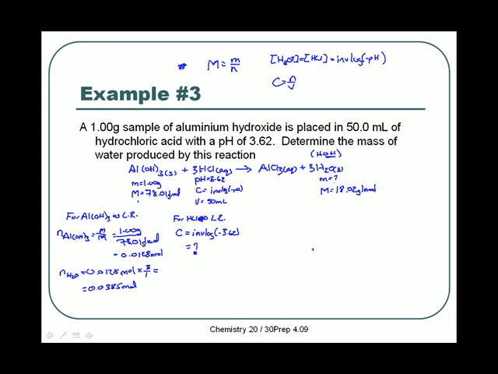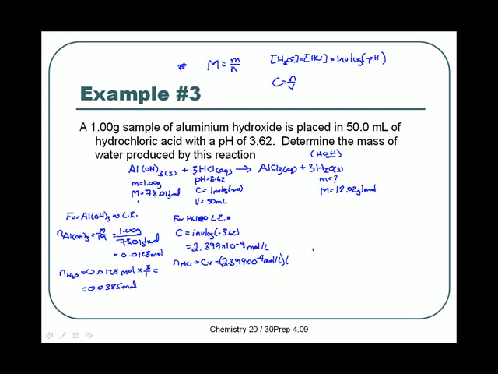So we get a concentration of 2.399 times 10 to the negative 4, which means we're going to have to find number of moles. So the number of moles of HCl is going to be concentration times volume. Sorry, we're going to write down our units here. This is moles per liter. Our concentration is 2.399 times 10 to the negative 4 moles per liter